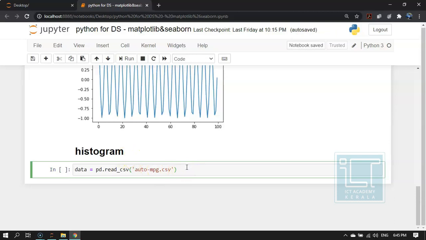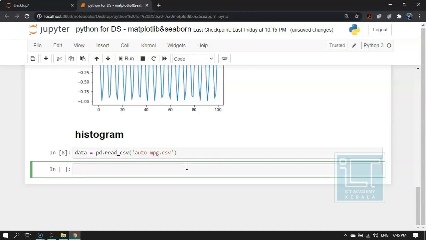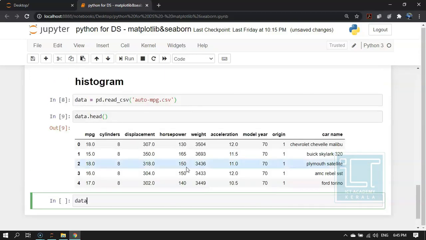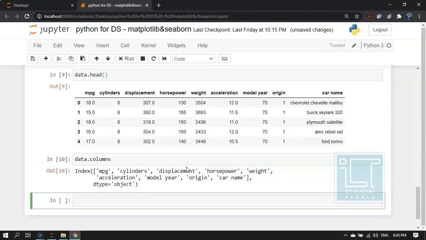So I'm going to import the same dataset that we imported in the previous video to this Python environment. Now I am checking the dataset and its columns. We will discuss both these codes in detail when we deal with the pre-processing topic. And now we are going to plot a histogram. So for that, I'm writing the code.